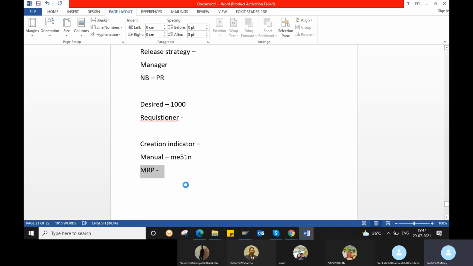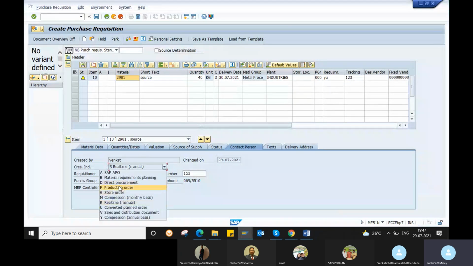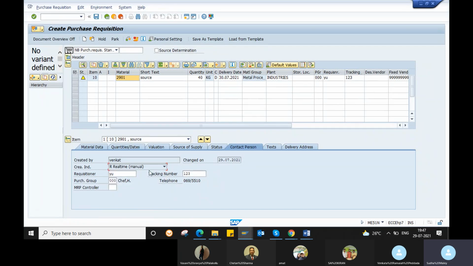Okay, in that case you can see this creation indicator as B for MRP, material requirement planning. Okay, if it is through a sales order, if it is integration with the SD part, then it will be a sales and distribution document. So there are many ways in SAP you can create these purchase requisitions. Here in the creation indicator, you can find out how it got created, whether it is manual or through MRP.